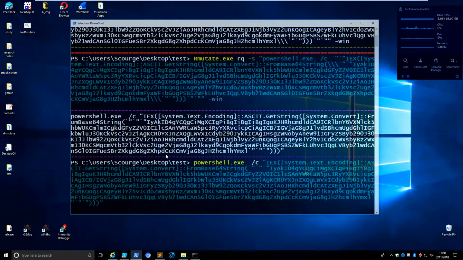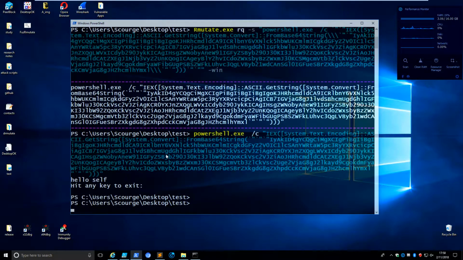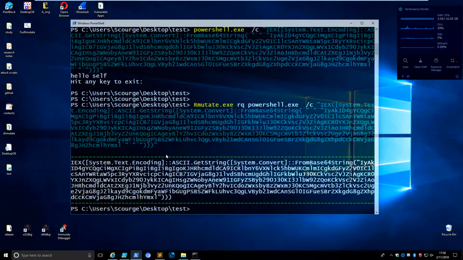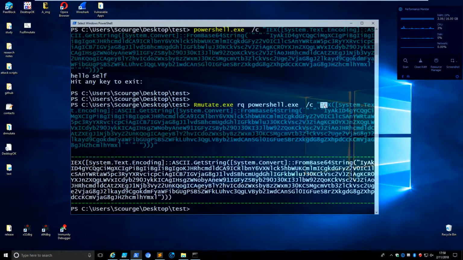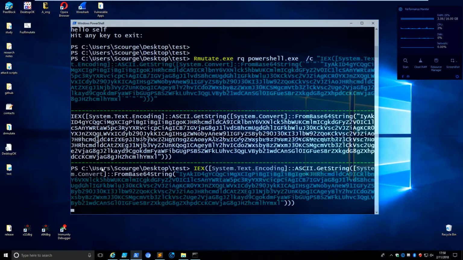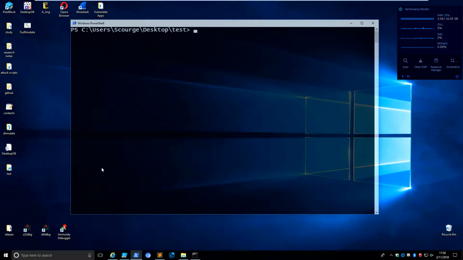If I paste this in, you can see it works, even though it's a bad PowerShell. See what the difference comes in. If I do Rmutate again, we can strip this again with RQ, and this time we got green for the final, and you'll see that instead of having IEX in quotes, it's now on the outside. So for example, if you want to paste this into code, you could, and just to show it works, there it goes. Great. Now, the difference comes in if I do Rmutate -f6 bad -ps -obfuscate compress